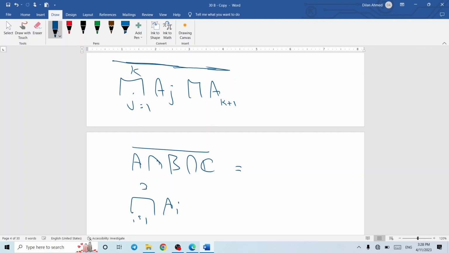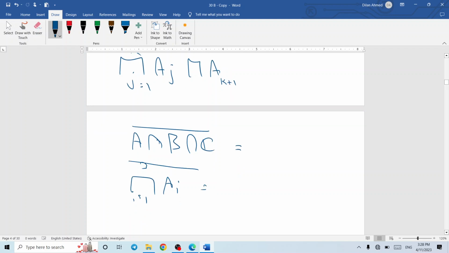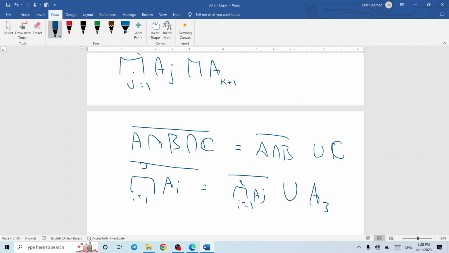Can I write like that? Am I right? Did you understand? If I have 3 sets, to understand, that's not the answer actually. I'm going to erase it. To understand, if I have 3 sets, I can say